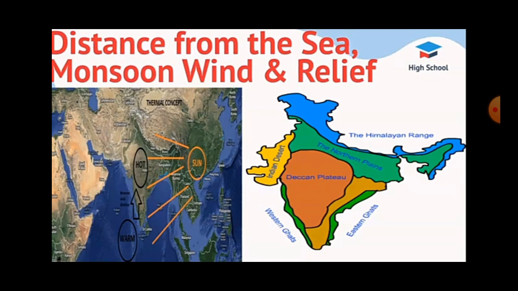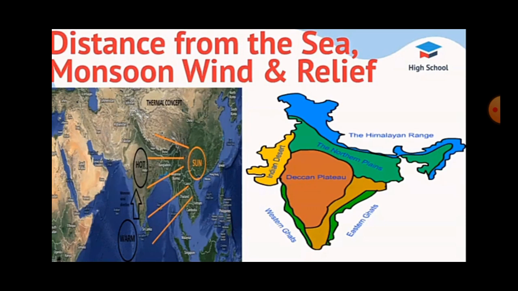This part of the country does not have a very clearly marked winter and the temperature is equable almost throughout the year. Our south side temperature is equal almost throughout the year. Areas of central and north India experience much seasonal variation in temperature due to the absence of influence of seas. In the north side of India, we don't have any sea, so this part experiences seasonal variation in temperature. Here summers are hot and winters are cold. In north India, summer is too hot, winter is too cool.